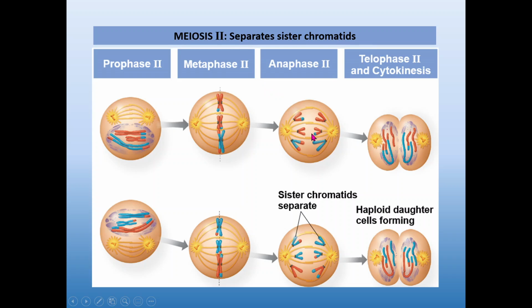And so what we're going to start with is, rather than starting with a single cell, we're starting halfway through this division process. We've already divided once, so we're starting with 2 cells. Each of those are going to go through a division phase so that by the time we reach the end, we have 4 separate haploid daughters. So the key difference here is that meiosis II starts with 2, ends with 4.